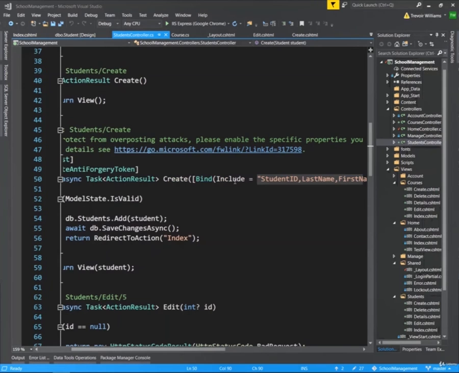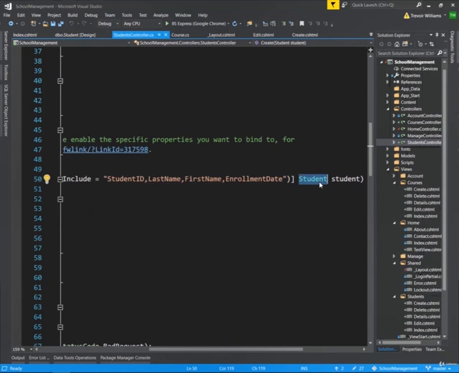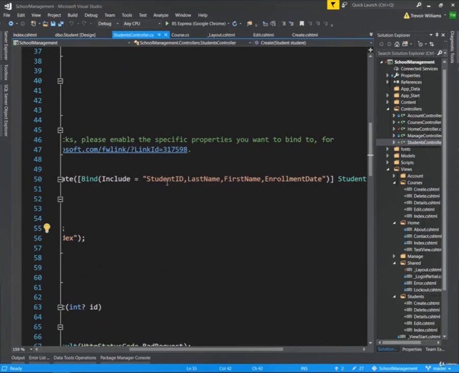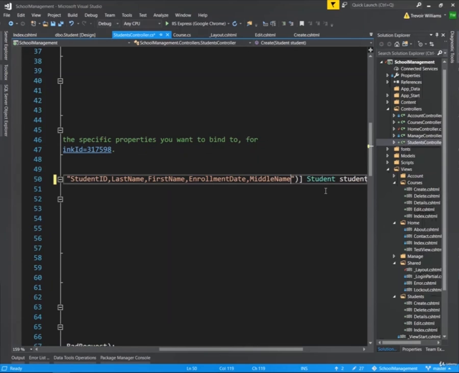Now, what is happening in this Include equals followed by this string of fields coming from our student model is we are looking for specific properties from this class that should be included when we compile our object and save changes. So if I made the modification here that we should take StudentID, LastName, FirstName, EnrollmentDate, and tack on MiddleName,